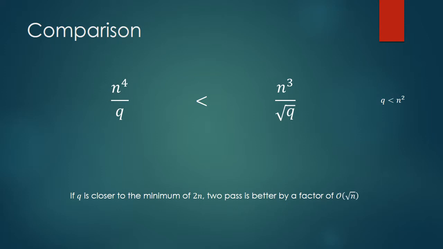Remember also that's why I was saying that the constants are sort of important here. We had 4n, 4 over q here, and this was 3 square root of 2, the way we did it. Which is a slight difference, but you can get the constants here down to 4 as well. But fundamentally, this is saying that although you have extra overhead in terms of having two MapReduce stages